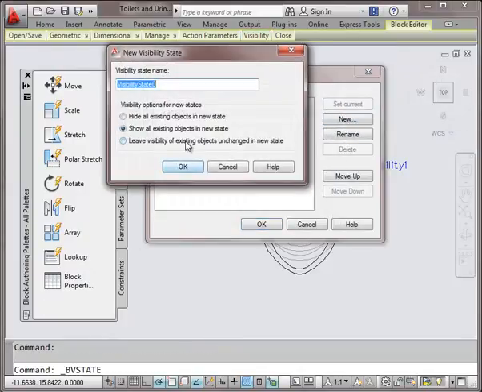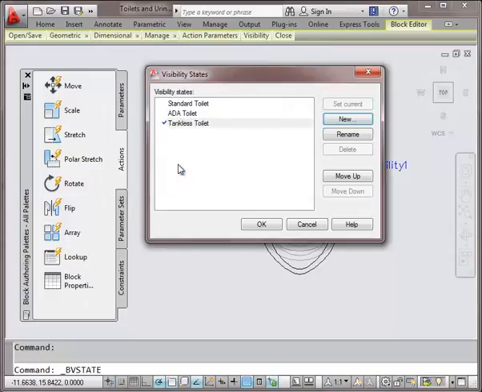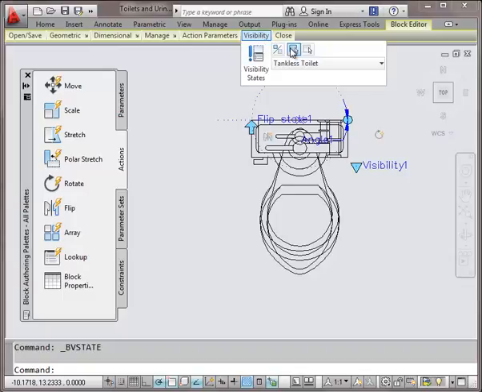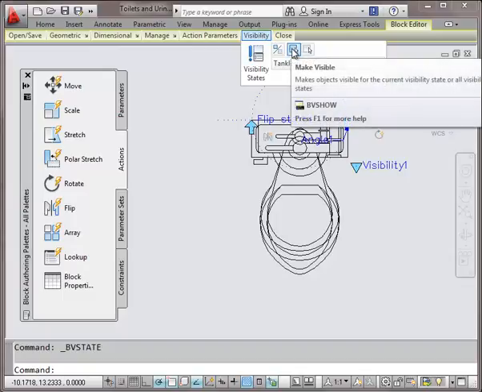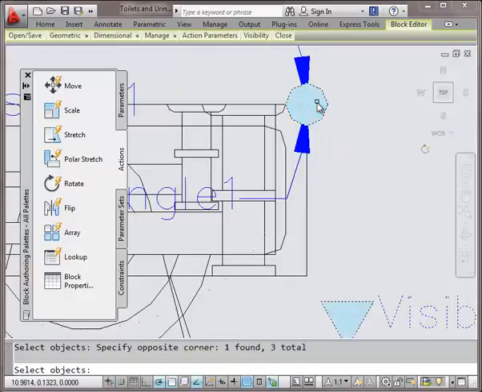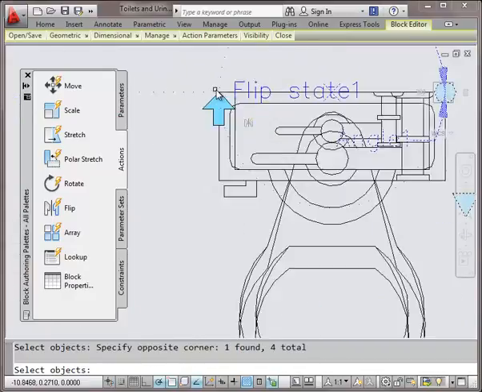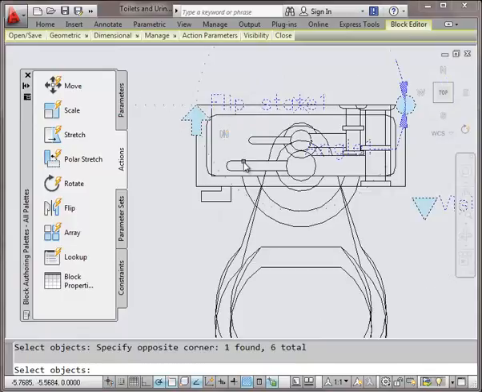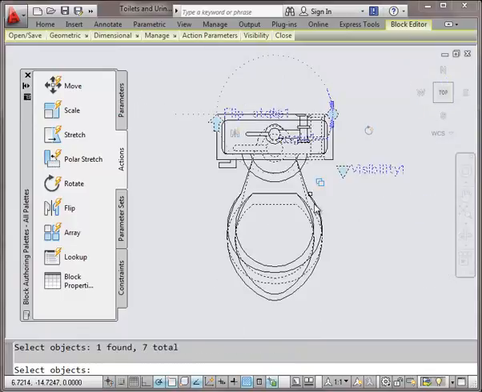This one is going to be my tankless toilet. Press OK and OK, and then go back up and see what I want to make visible. Obviously my parameters, my grips, and my tankless toilet, which is this one right here. And press enter